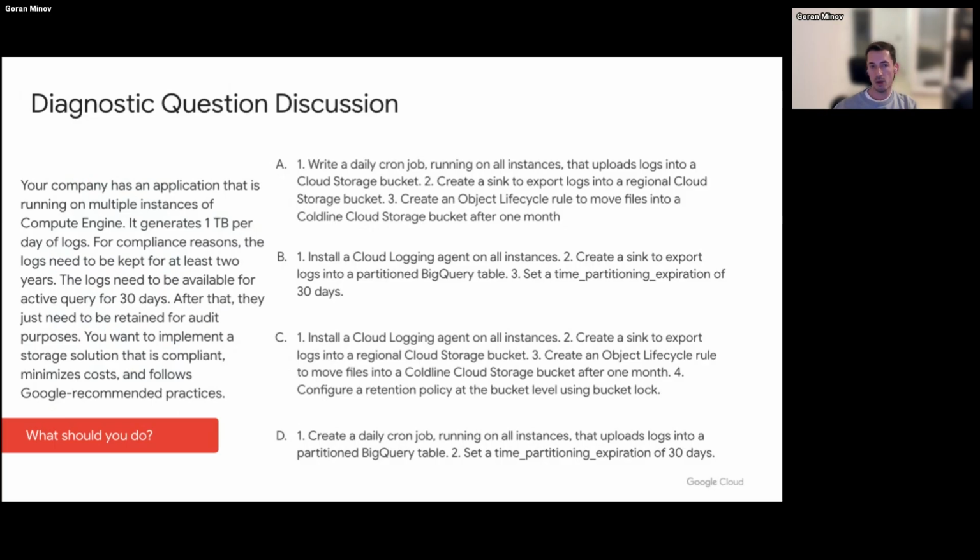D: Do we create a daily cron job running on all instances, upload logs into BigQuery, and then set a time partition expiration of 30 days? So what do we do? Someone said C, okay. Why it's quite difficult on this one is because it requires us to know